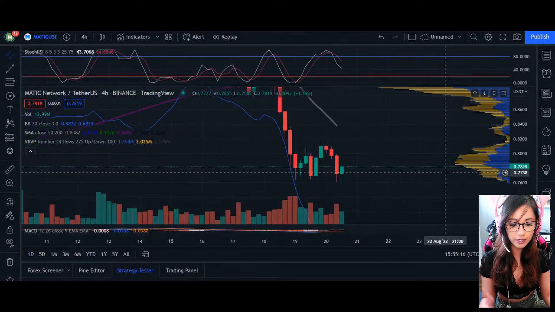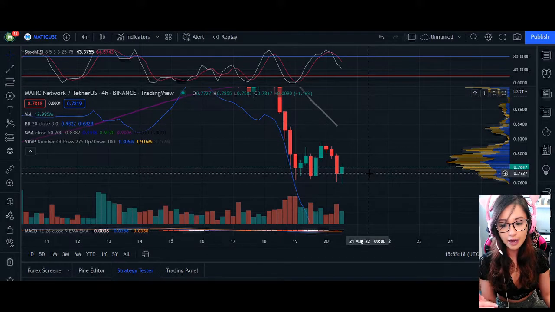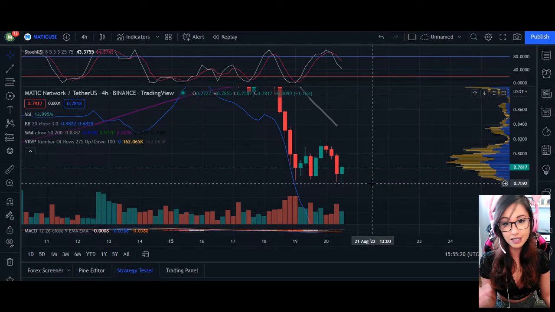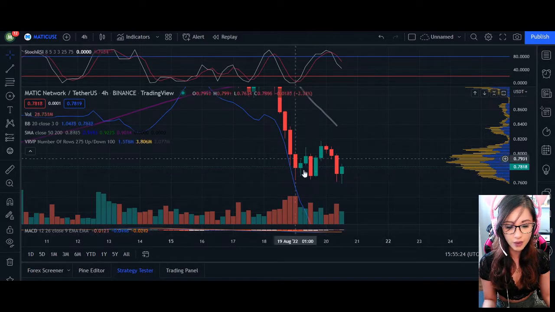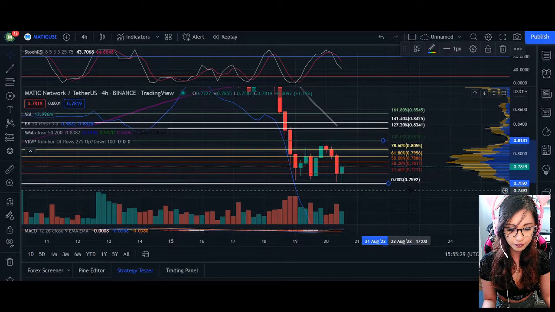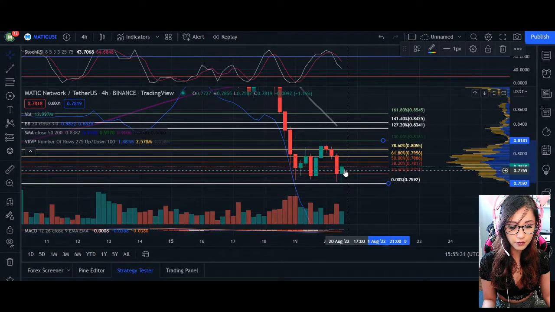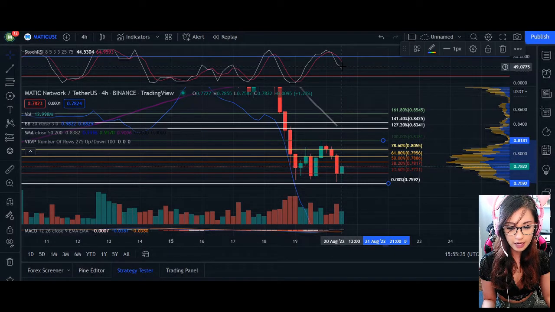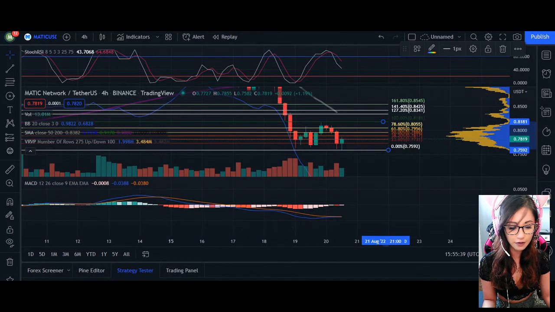If we see Bitcoin drop even more, then a whole bunch of other altcoins are going to follow through, and we may see that in Polygon as well. So as price is coming here, we're going to quickly do our fib chart from there to there. We can see we're only capped at the 38% right now. Our RSI right now is at 44.64, and we see lightness in the color of our MACD indicator